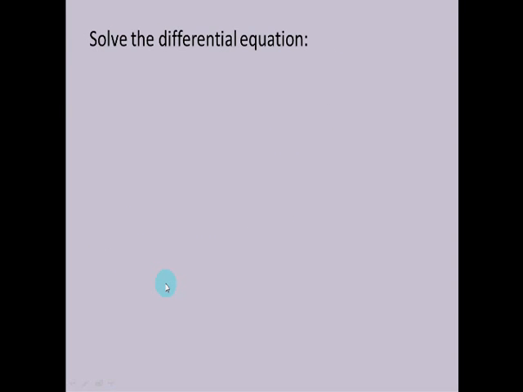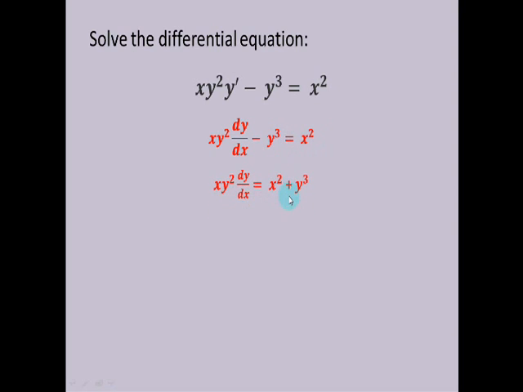So solve the differential equation x y squared y prime minus y cubed is equal to x squared. We can rewrite y prime as dy dx, so the equation now becomes x y squared dy over dx minus y cubed is equal to x squared. So we want to isolate dy dx. What we will do is first transfer this y cubed to the other side, so it becomes positive y cubed, and then we want dy dx to have a coefficient of 1, so the whole equation will be divided by x y squared like this,